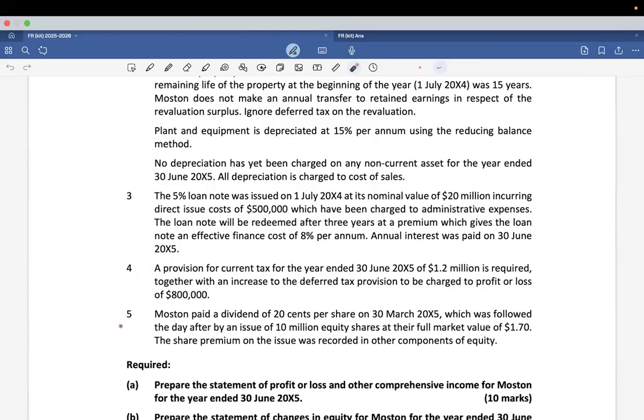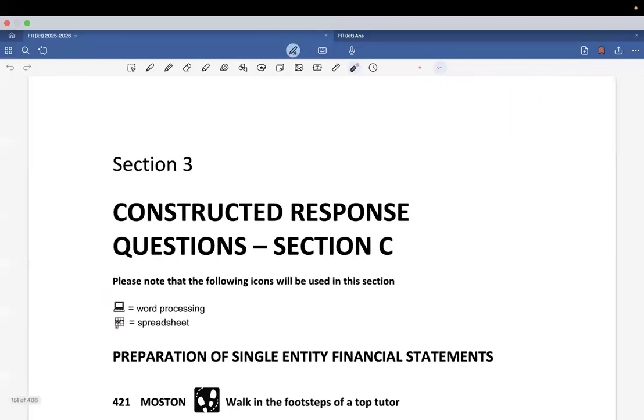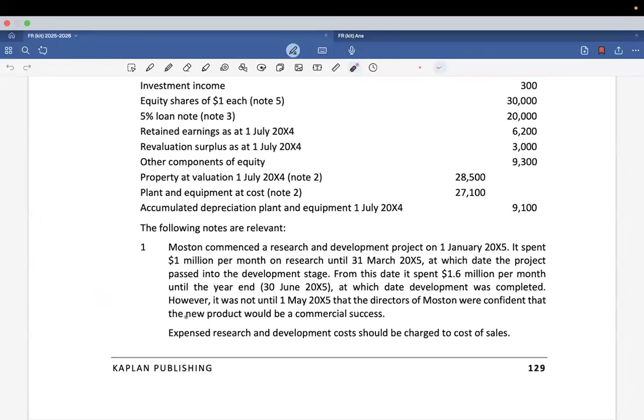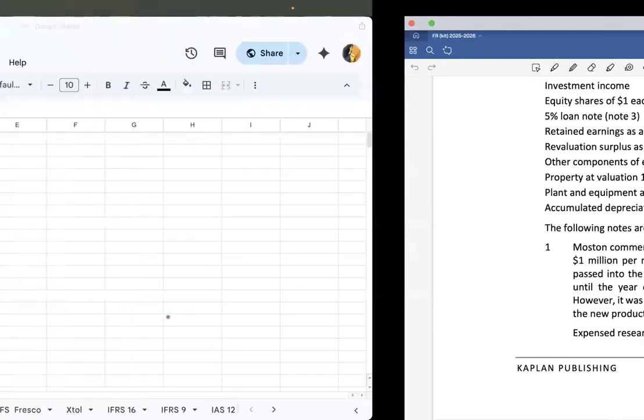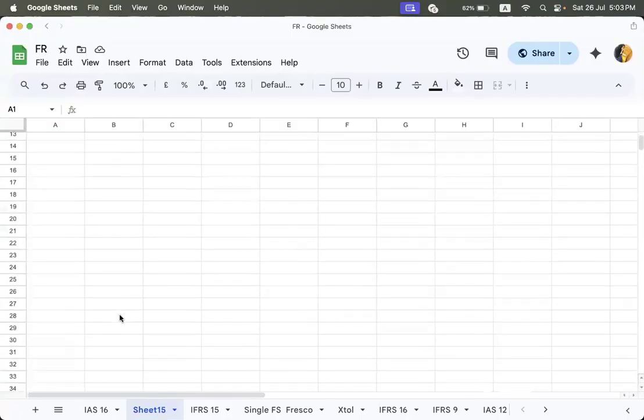And the fifth one is very simple. They're just telling you how much of the dividend is paid. Dividend calculation is basic. If you're not able to do it, tell me, I'll help you. Okay. Clear? I want you to read through the question, and what you do is you're going to skip